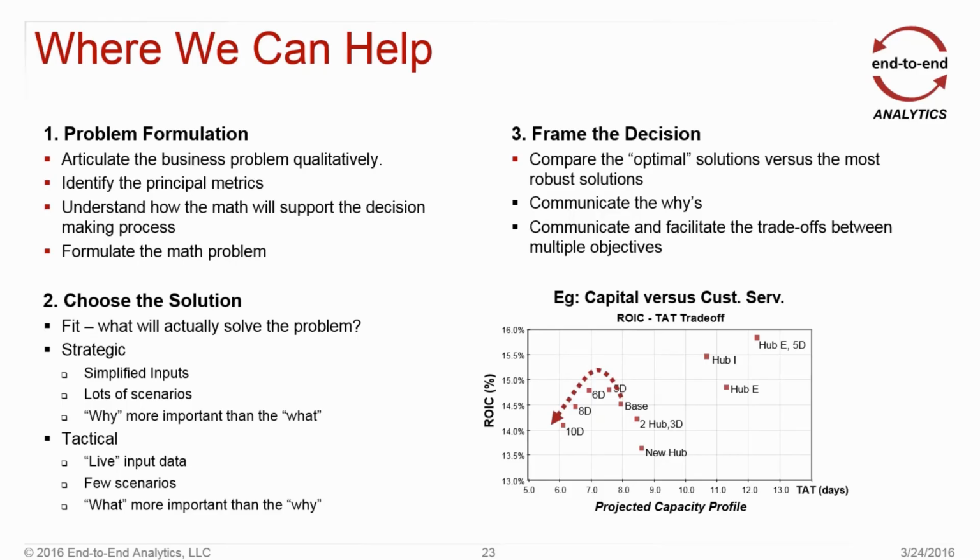For us, it always starts with a qualitative description of the business problem. The opportunity here is to get everybody to agree in English what it is we're trying to accomplish, what levers we're going to pull, what the value opportunities are that we think exist, and what problems we're going to solve. We should then immediately after that be able to identify the principal metrics. If we describe the problem, we should certainly understand what metrics we're going to be able to influence, and this begins the process of quantifying the remainder of the problem.